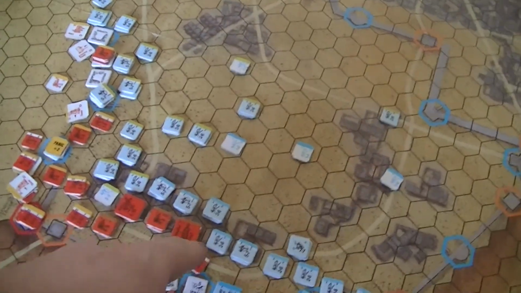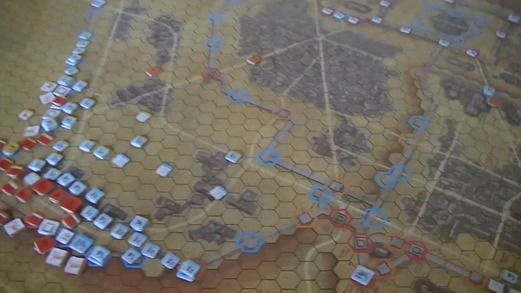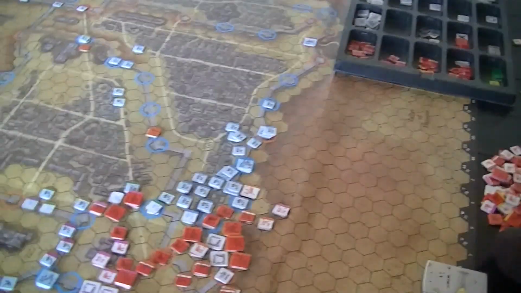Conclusion of the Roman side of the turn. No real gains here, even though they brought a lot of force to bear. You notice most of the routing units coming off the board. Those aren't dead pile. Those are still going to be available. And some of these will too. I get to recover, but